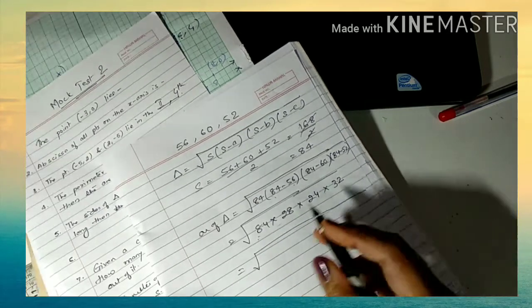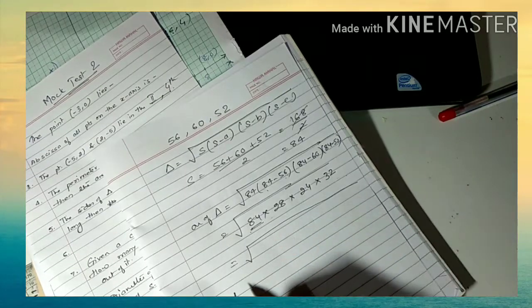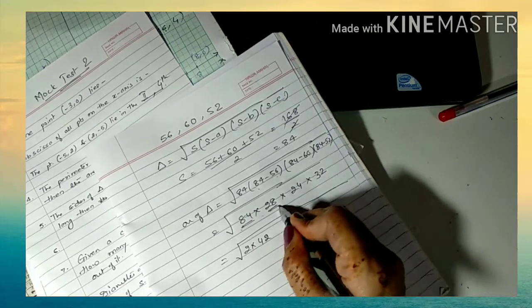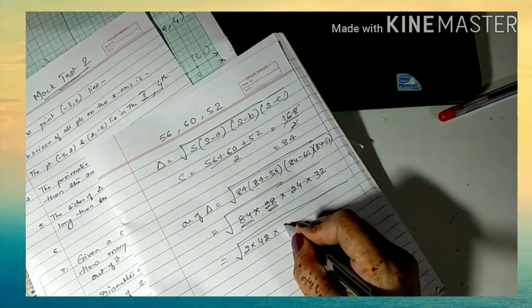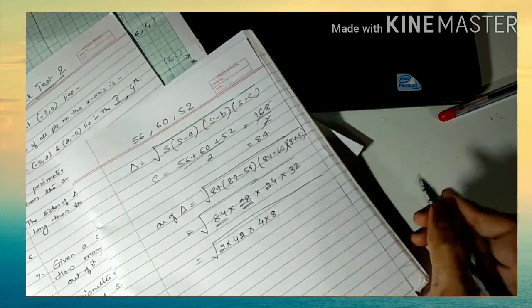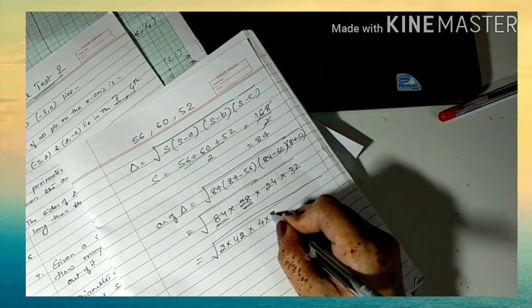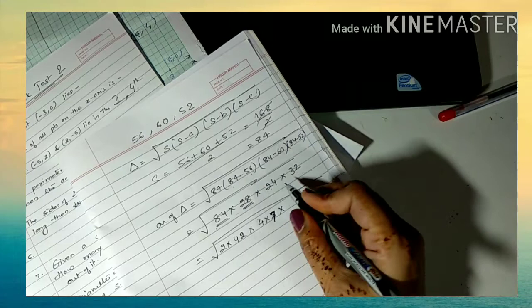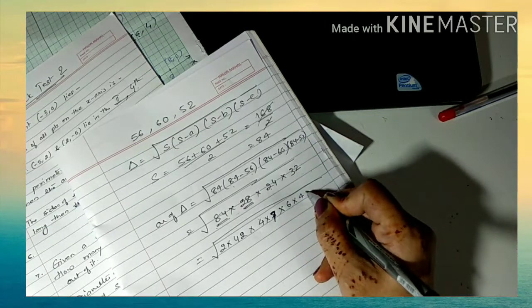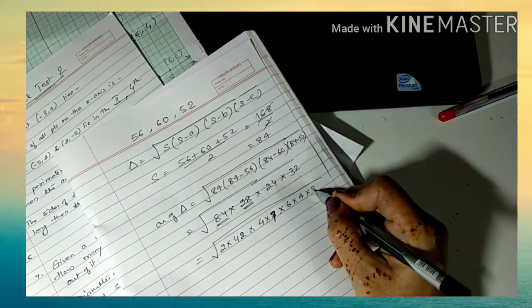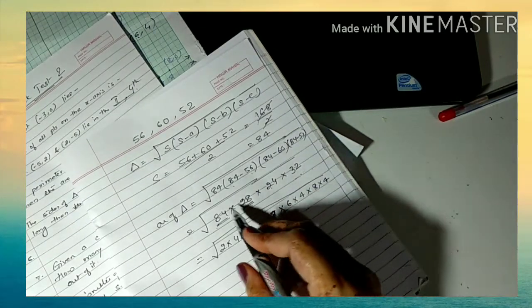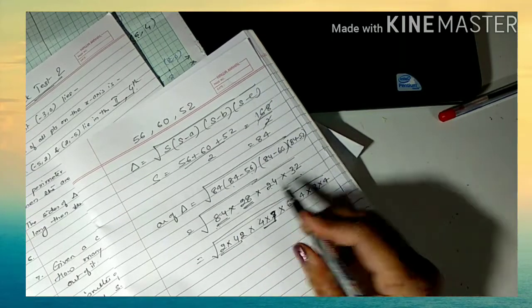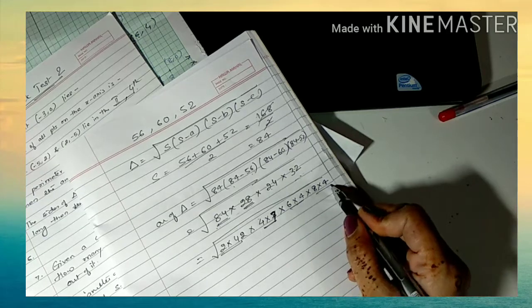Now, what is 84? 84 is actually, 84 को आप क्या लिख सकते हैं? 2 into 42. Now, what is this? 28. Now, what is 28? 4 7 जा. 28. Now, this is 24. So, 24 we can write 6 4 जा, and this is 32. So, 8 4 जा. So, what we have written? 84 को अपन ने लिखा 2 into 42. 28 को लिखा 4 7 जा, 24 को लिखा 6 4 जा, और इसको लिखा 8 4 जा.